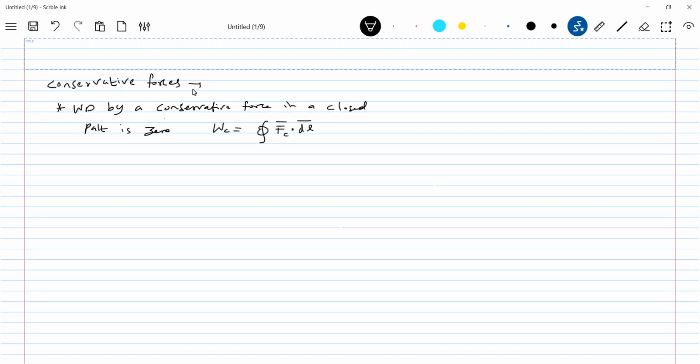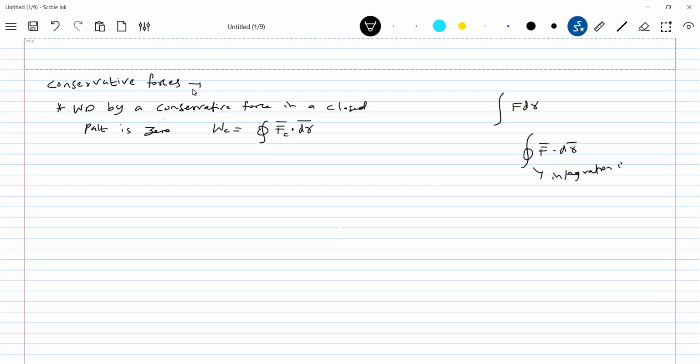So what do you mean by this? Integration in closed path. There are two types of integral. This is called a line integral, say some F dx. When I write like this, it is integration in closed path. This you write as dr bar. If you write only this much, what does it mean? Integration along one specific direction. Here, if I write a circle like this, it's the integration in closed path.